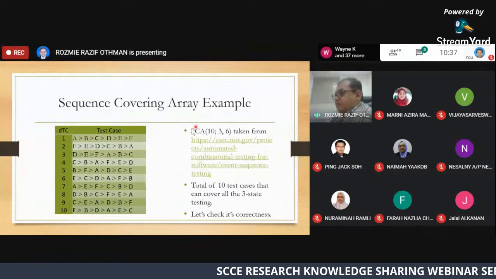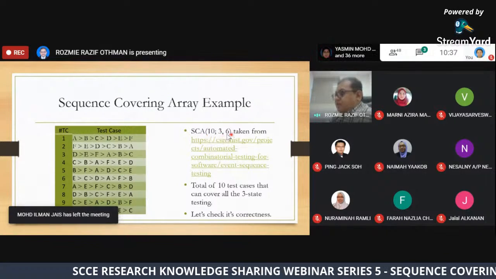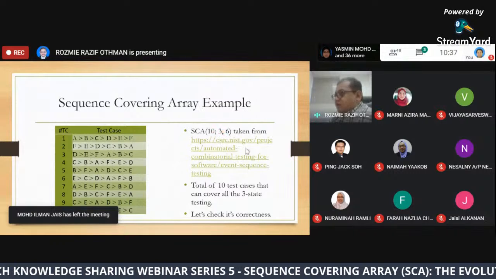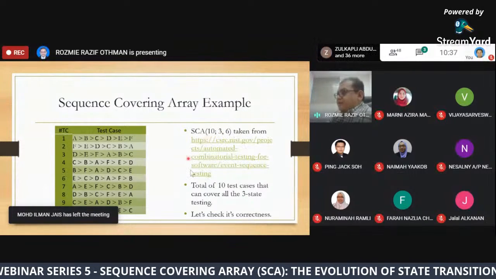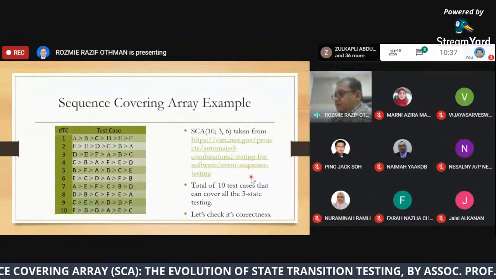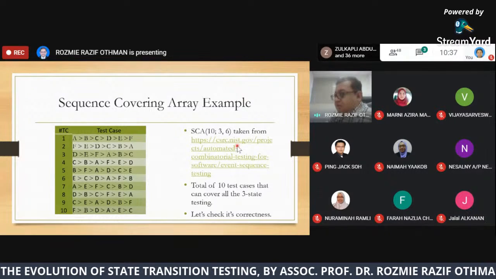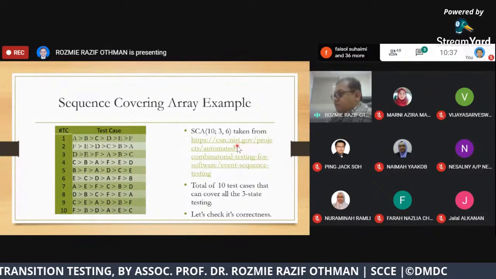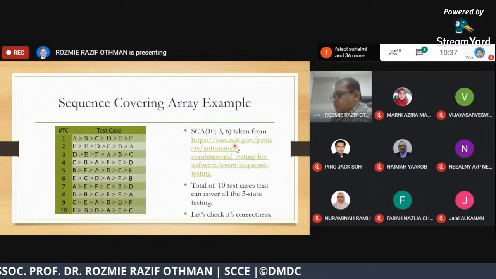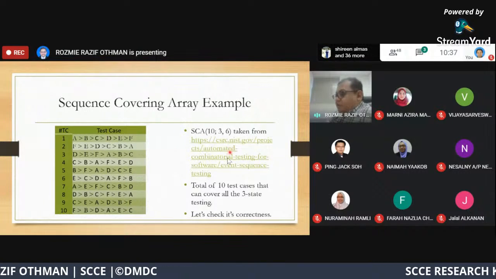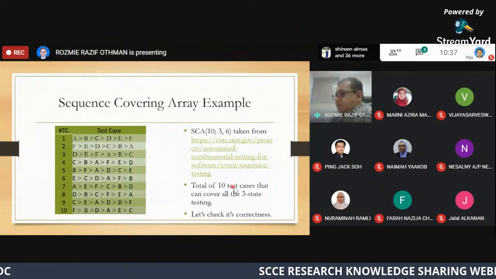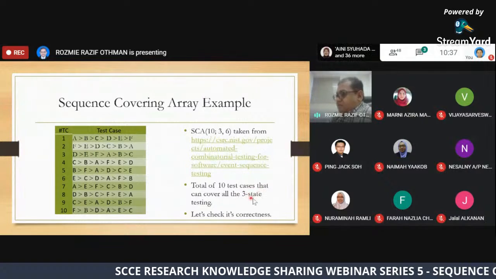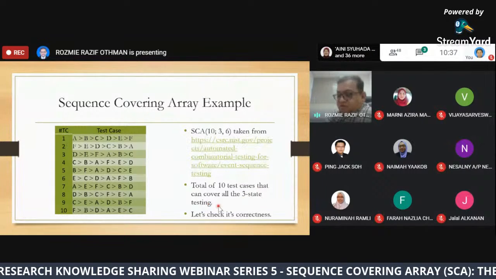And this SCA 10;3,6 here, I'm taking from these references. This is basically a project done by the National Institute of Standards and Technology, NIST, in the US. They have produced 10 test cases that can cover all the 3-state testing here. So let's check its correctness.